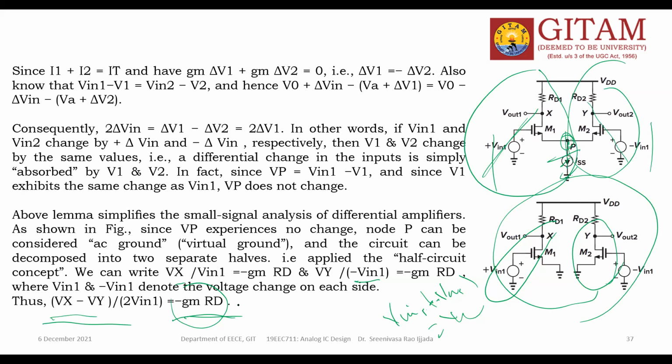Whatever explanation I have given so far is to bring the conclusion of these figures. Of course, while I am explaining, you are facing somewhat difficulty, but now with the final conclusion, I think you are happy. This is the half circuit method. Earlier was the superposition theorem. This is for what? To find the gain when the inputs are changed by a small signal variation at the input.